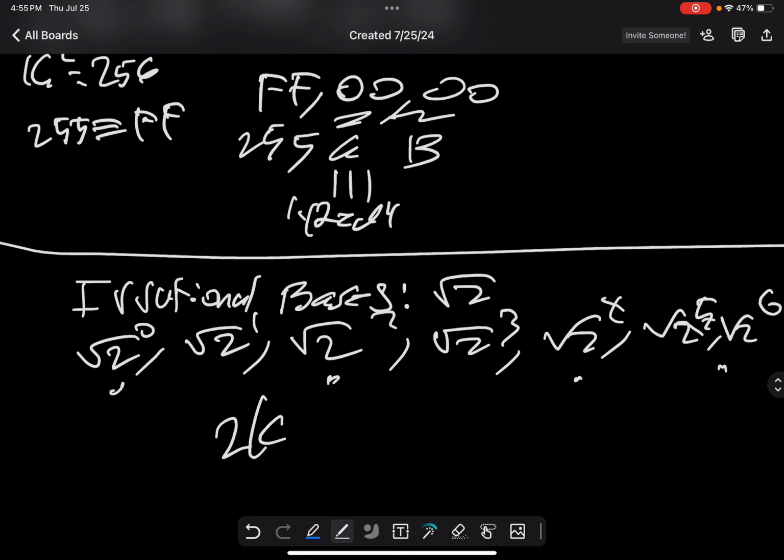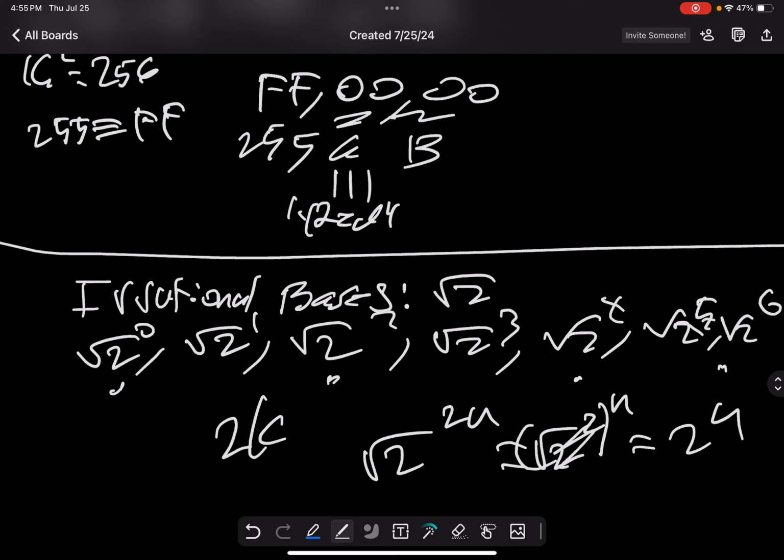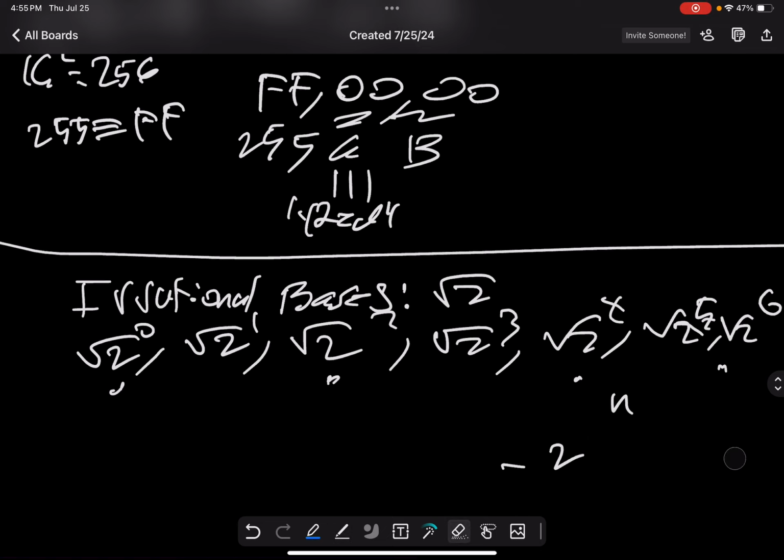And so you can write this as square root of 2 times 2 to the power of n. And so this is always 2 to the power of n, which is a real number for real values of n. And so